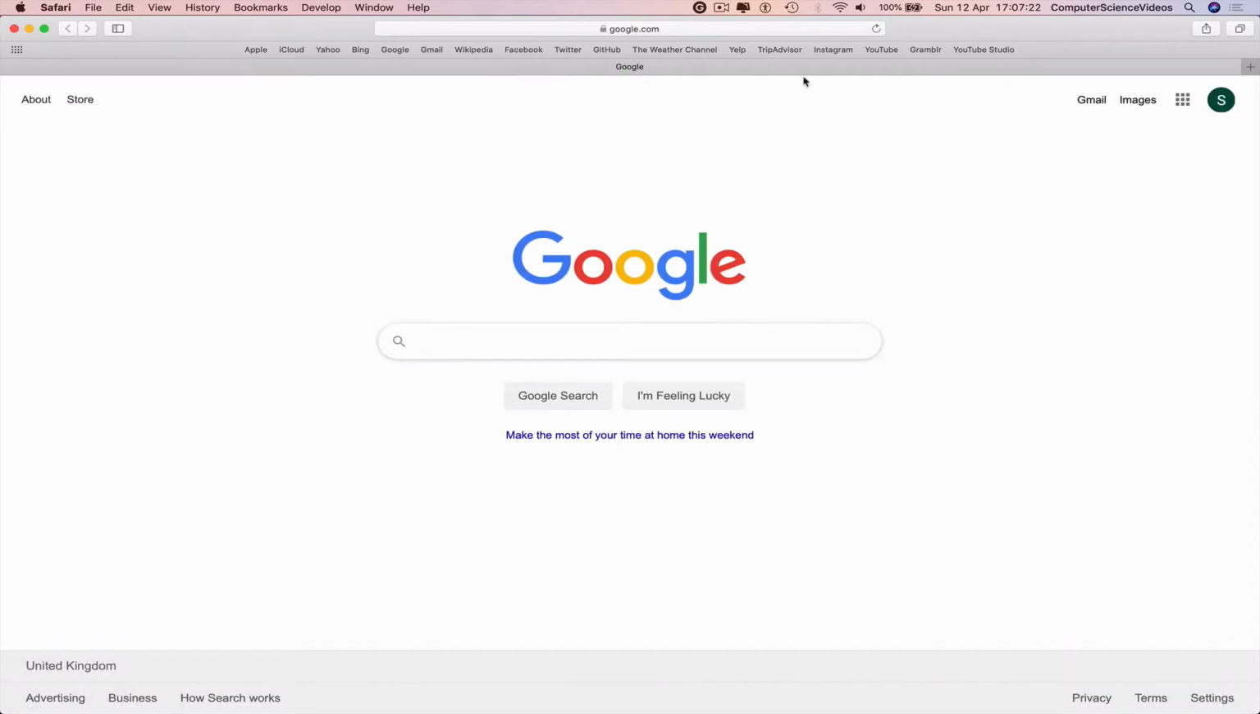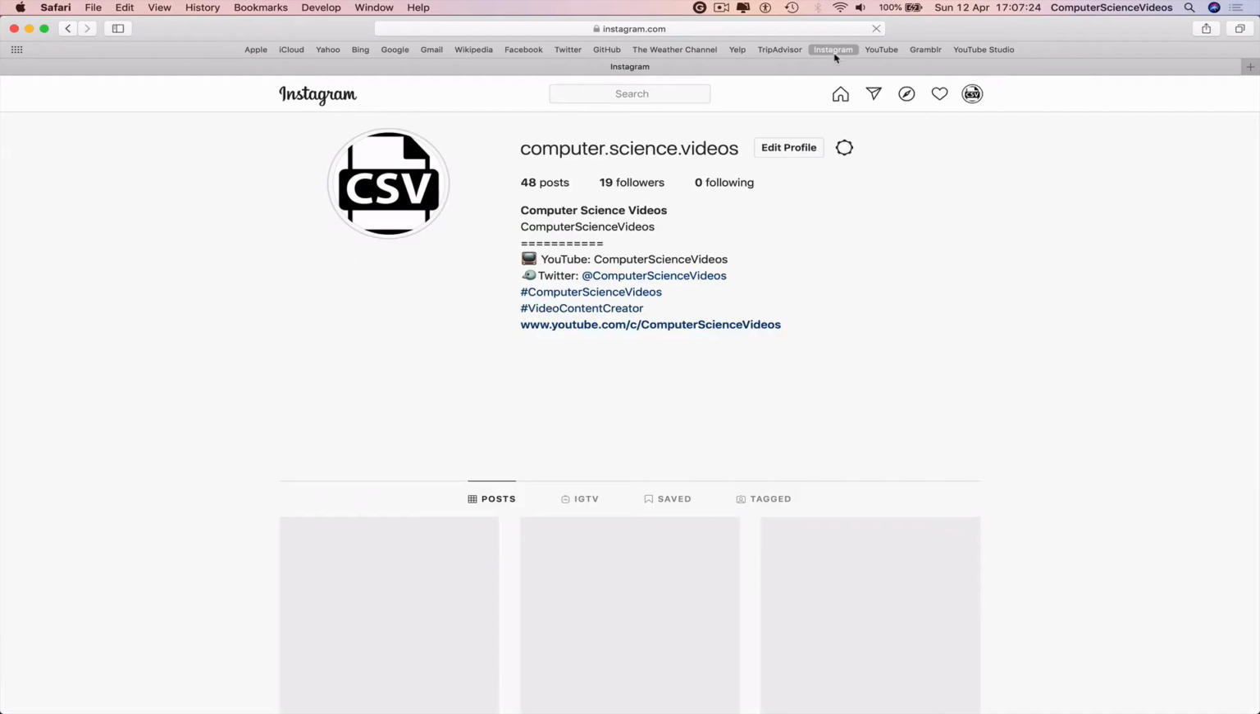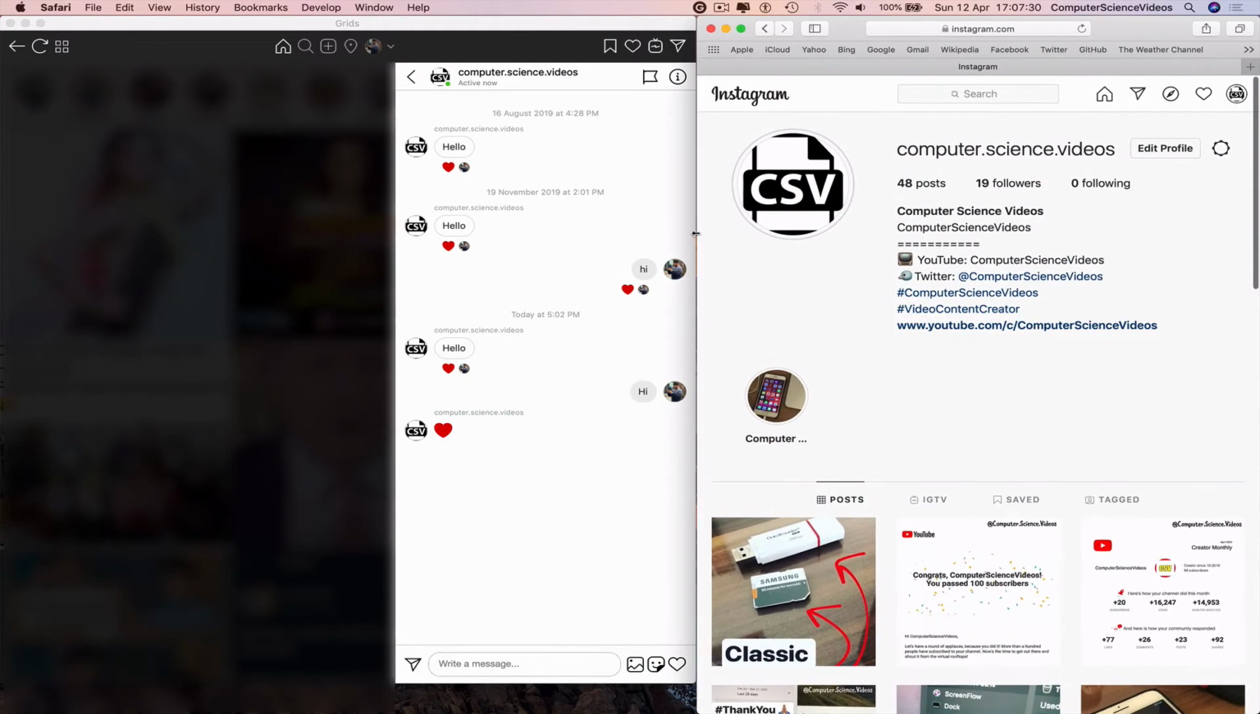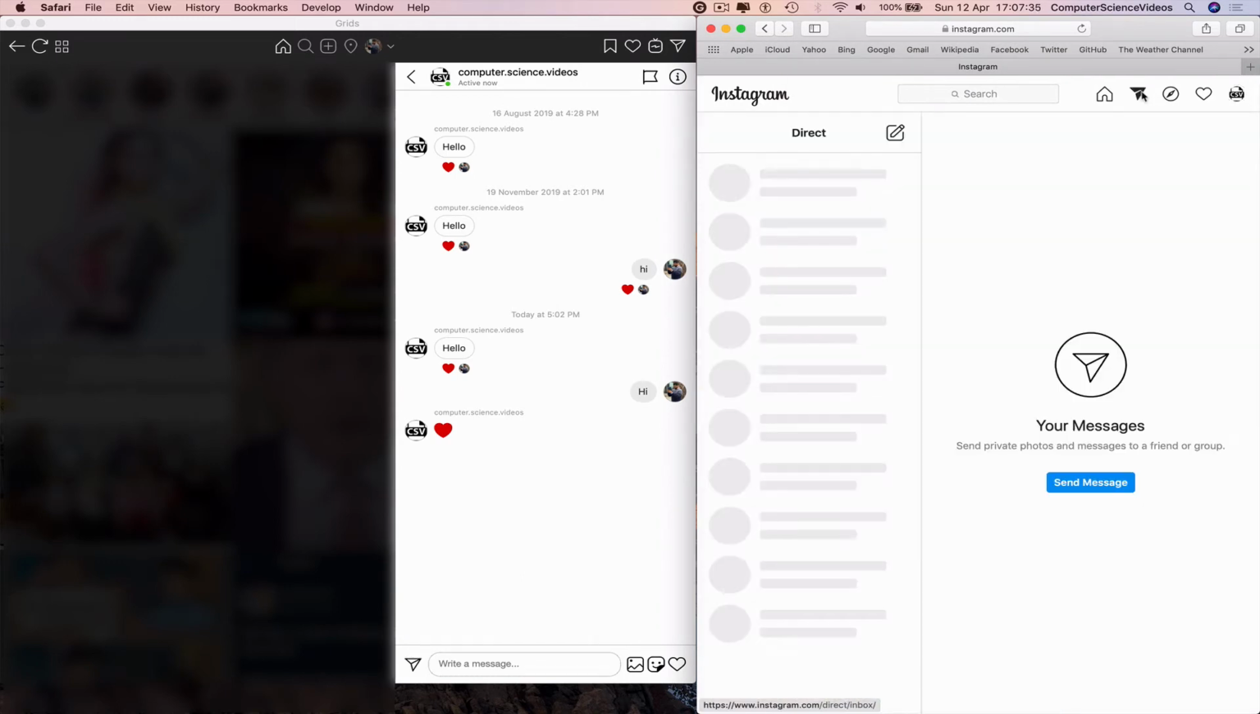again, go to Safari, go to Instagram again. Make sure you're signed into your account or another account so we can then send direct messages to each other from Grids and from Instagram.com. Go to DMs,